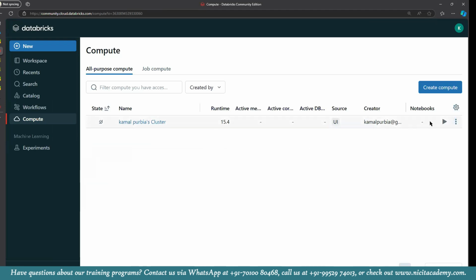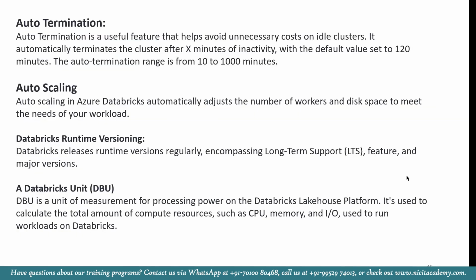So basically, it will automatically turn off. Right now it is not running because it is terminated. When I run it, and after 10 minutes, if I'm not using it, it will automatically turn off. When we use this feature, it will automatically turn off your compute, so the virtual machine or virtual resource will not cost you. So this is what auto termination is. Auto termination is a useful feature